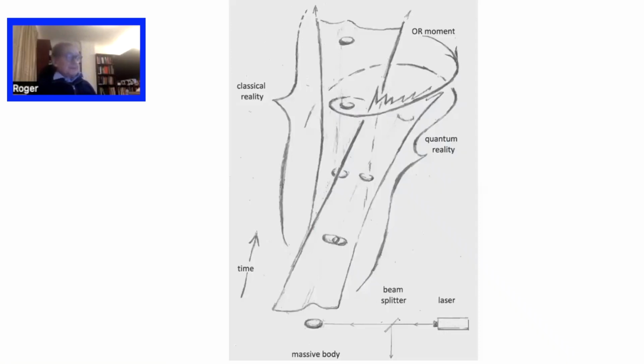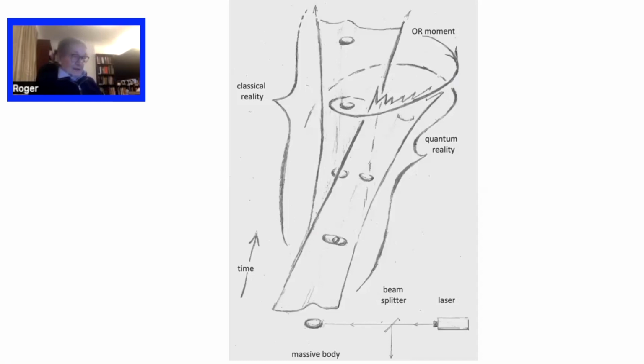Now here I have a picture, which is a sort of space-time picture where I'm trying to illustrate both the quantum and the classical reality. At the bottom of the picture, it's a sort of space and time mixed up, but time is really up the picture, sloping off slightly to the right, if you like. Since we're talking about a relativistic picture, that doesn't matter.